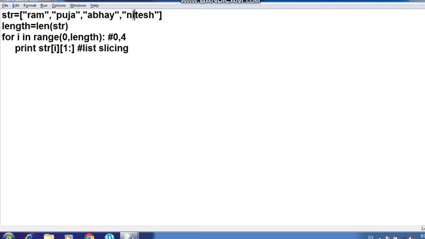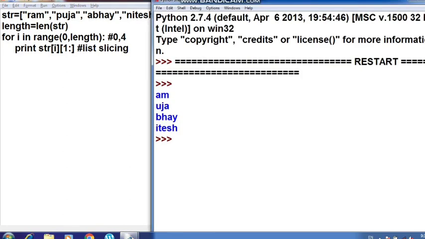Here 1 colon will give UJA, here it will start from the second letter, and here it will start from I. So this is how it will be printed when you want to print each string added as an element inside the list from its first position. This is a very quick and easy method to solve this question.